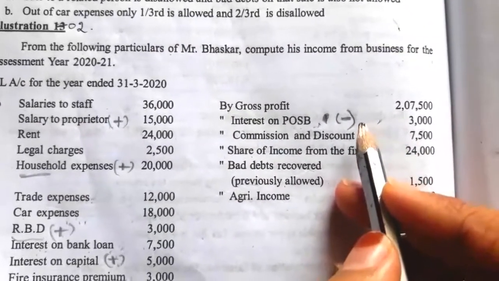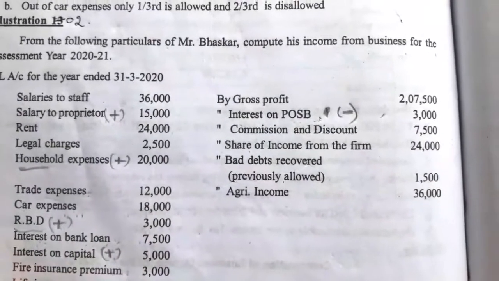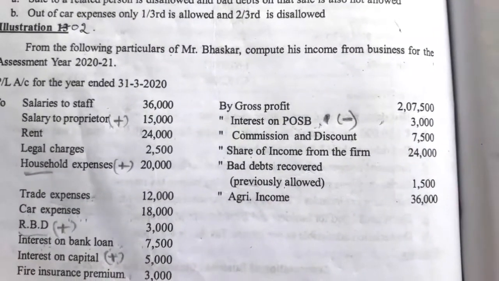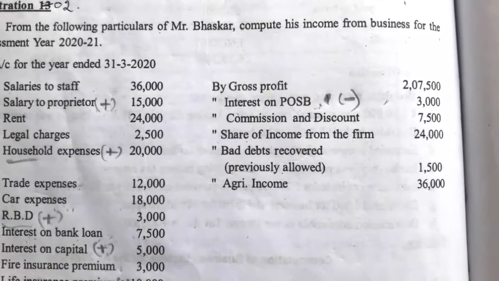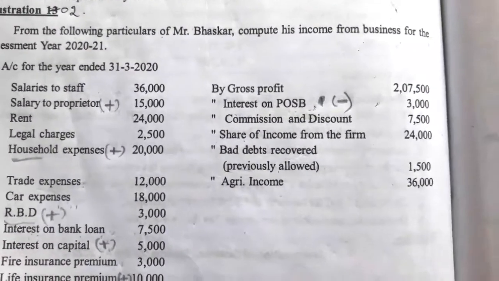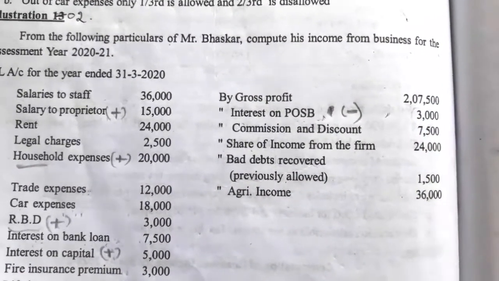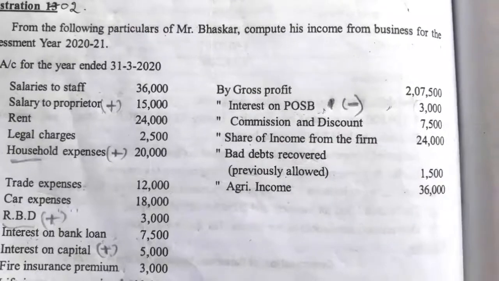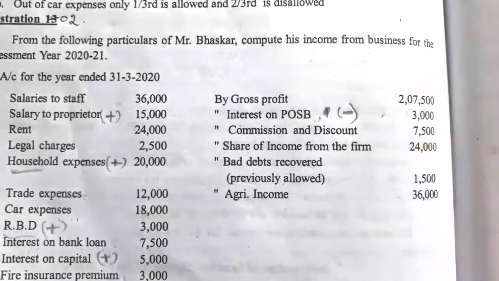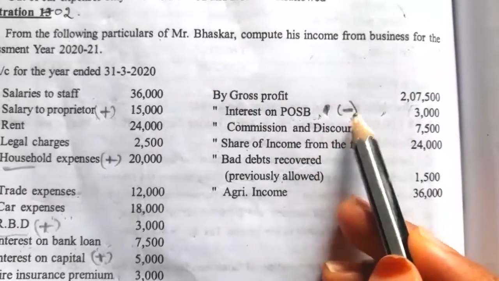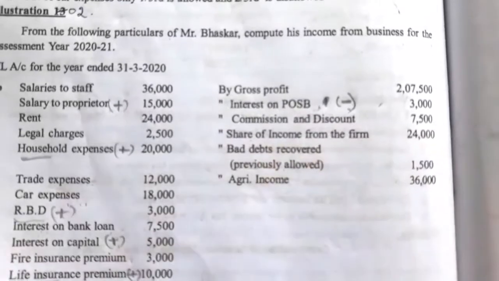But in the income from other source, the full amount is not taxable. Up to 3,500 is exempt, balance is taxable. Interest received on post office savings bank account up to 3,500 is exempt, balance is taxable. Here it is just 3,000, so 3,000 will be exempt. If you are calculating total income, this is not required. Here we are calculating only the business income, so we have to deduct it only once as a disallowed income.